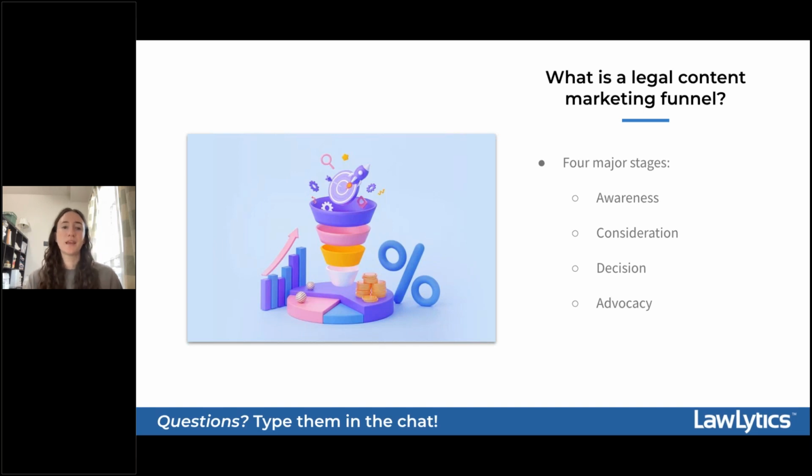At this stage, your website can work to attract these potential clients by publishing web content that answers the common questions they might be searching. So at this stage in the funnel, you're really working to create content that matches those searches so that they can find each other on search organically and for little to no cost.